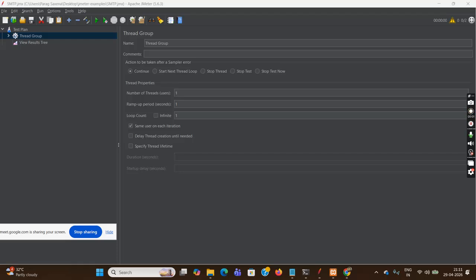The next thing which we will be discussing is SMTP sampler. SMTP means Simple Mail Transfer Protocol. Say I am sending a mail to some person, or I am sending the mail to multiple persons, and I want to monitor the performance of my mail. So for that,